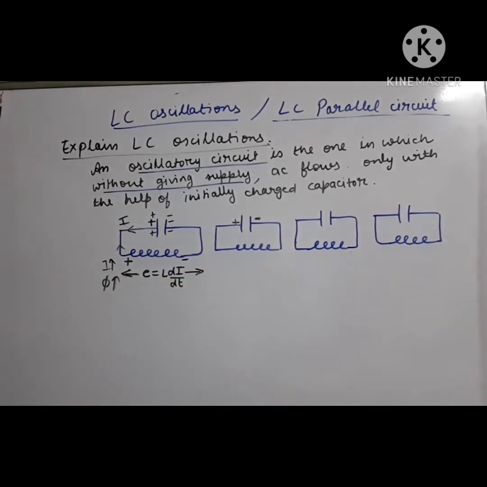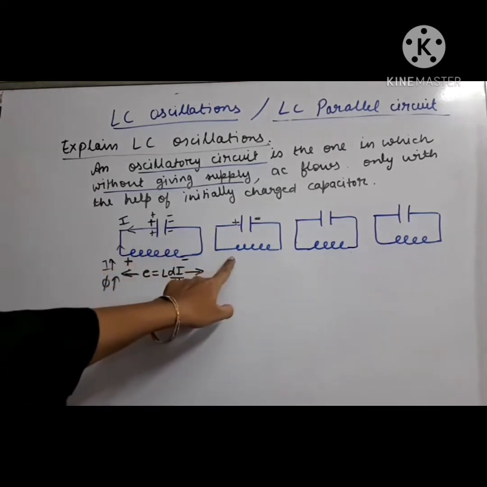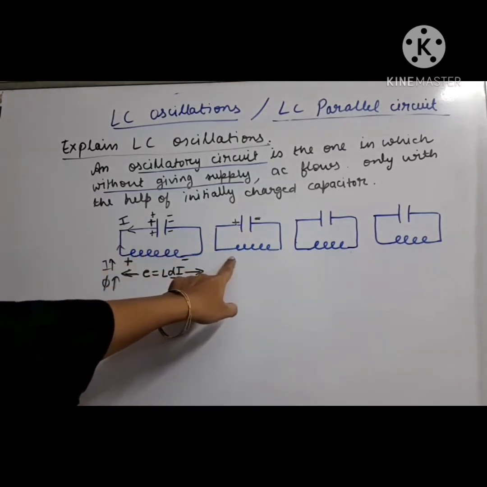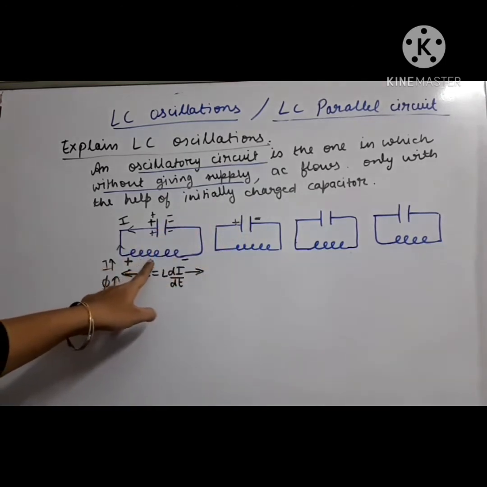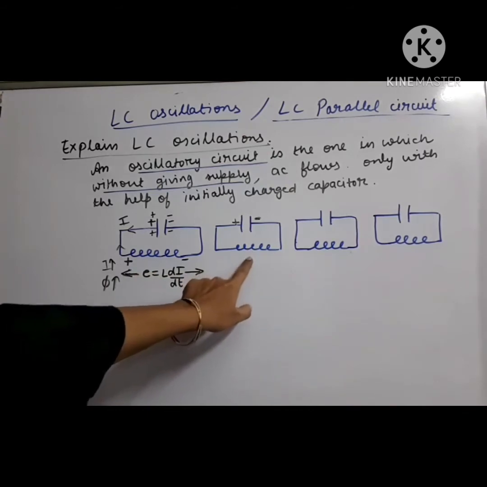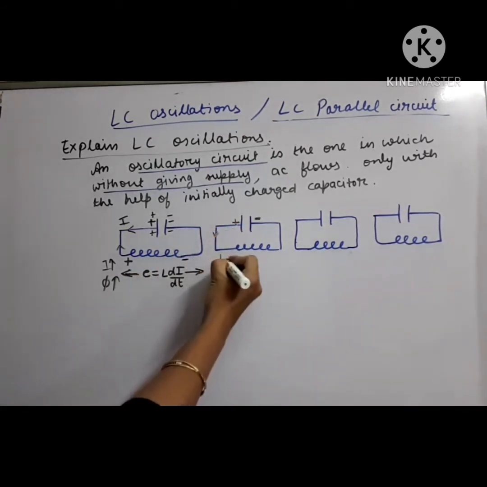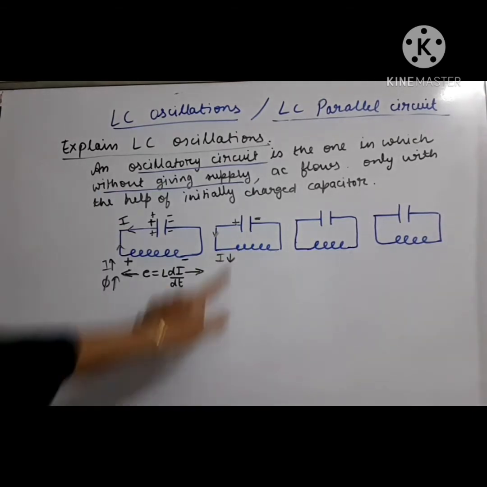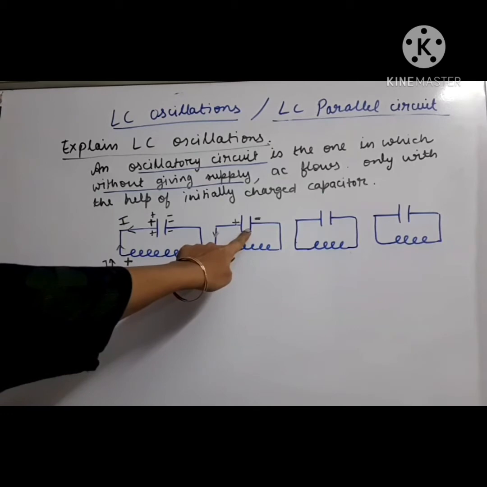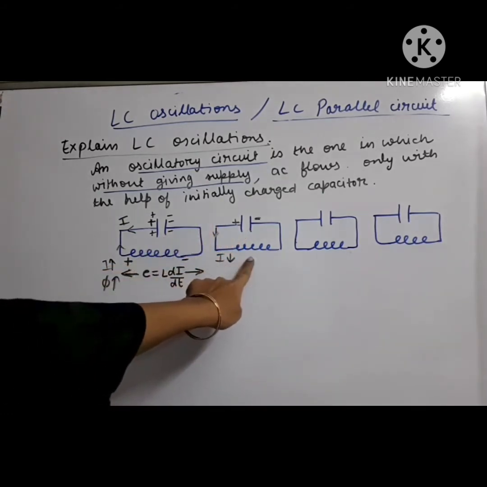Okay, this way we can say it is completely discharged. So that means the capacitor will not be able to supply the large current through the inductor which it supplied here. Now through this inductor the current is still coming, but that current is a decreasing current. Because the capacitor is gradually getting discharged, it will send a decreasing current to the inductor.